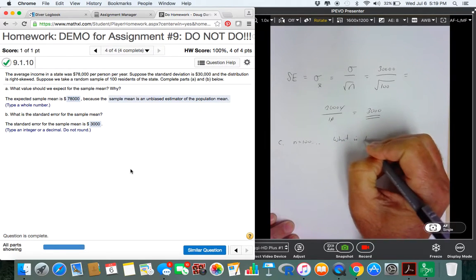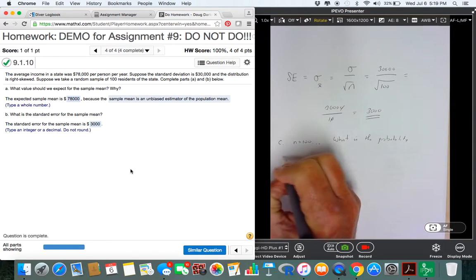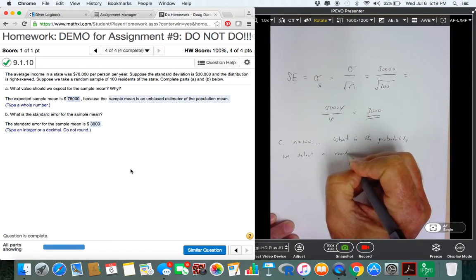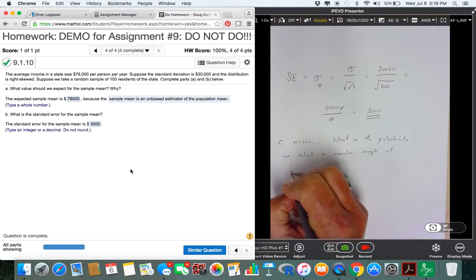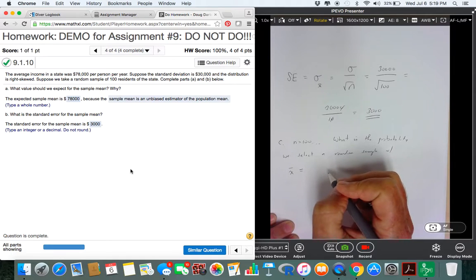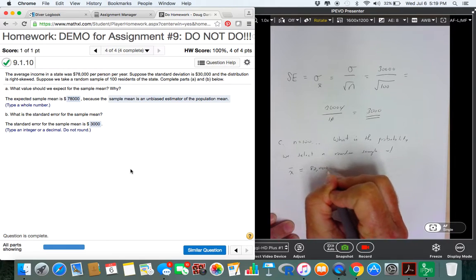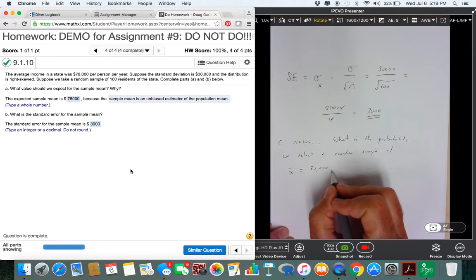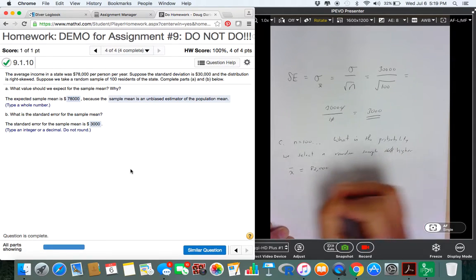What is the probability we select a random sample with mean equal to 82,000? So what is the probability we select a sample mean, I should say, higher than